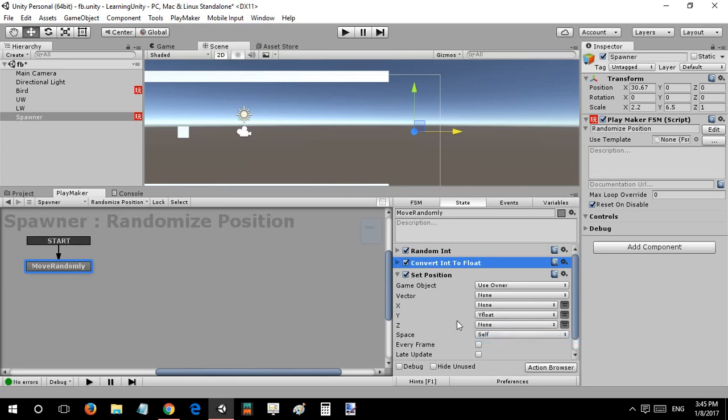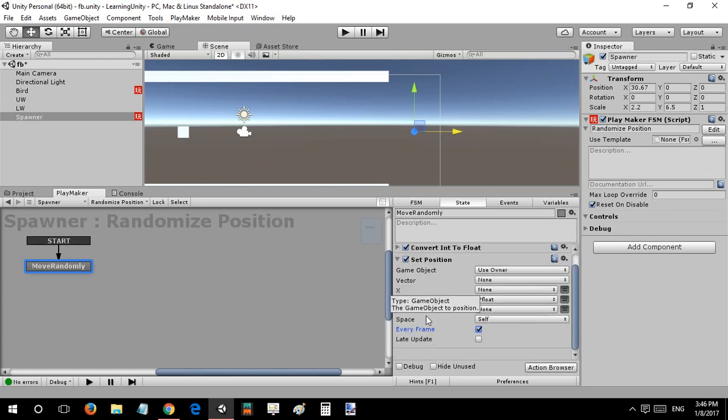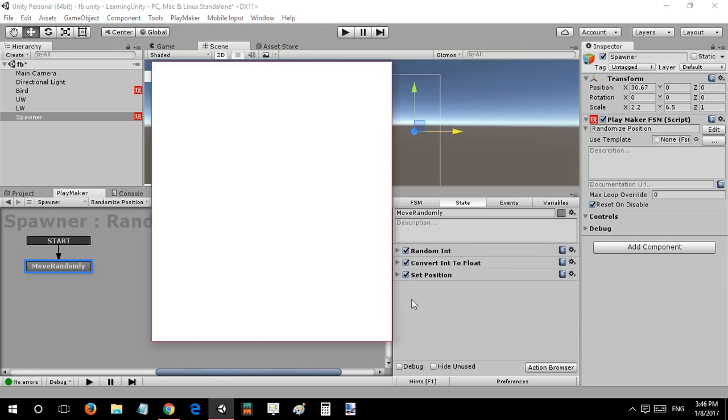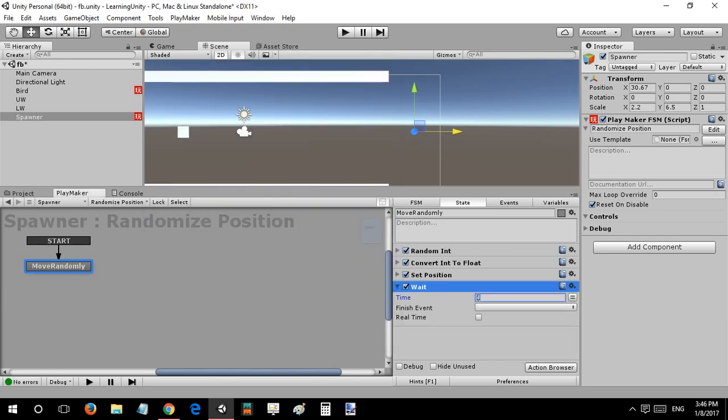And y float will be our new y position. We need not actually have this every frame tagged, because that doesn't make any difference. So I'll just add a wait, and this is going to be randomized at every, let's say, 0.25 and finished, and this is going to be at real time. So I'll just save,